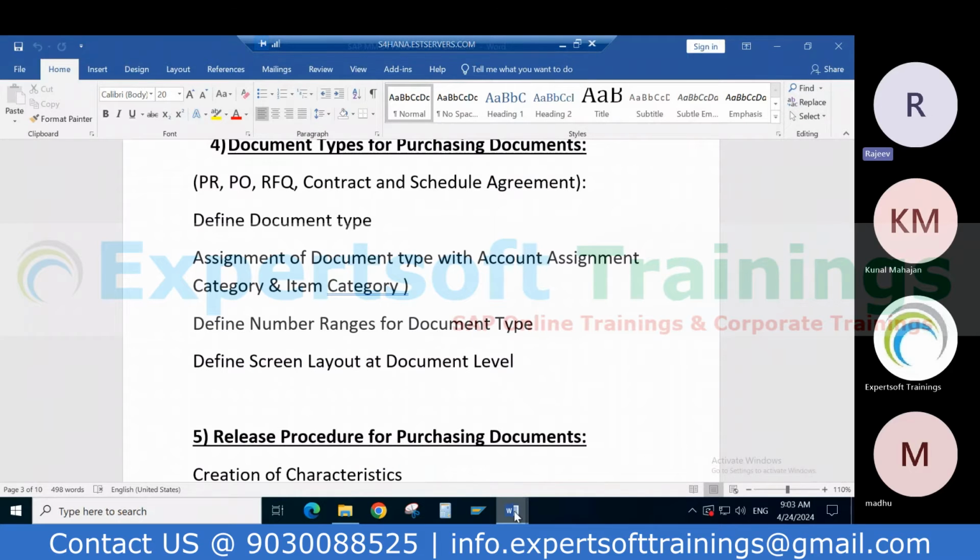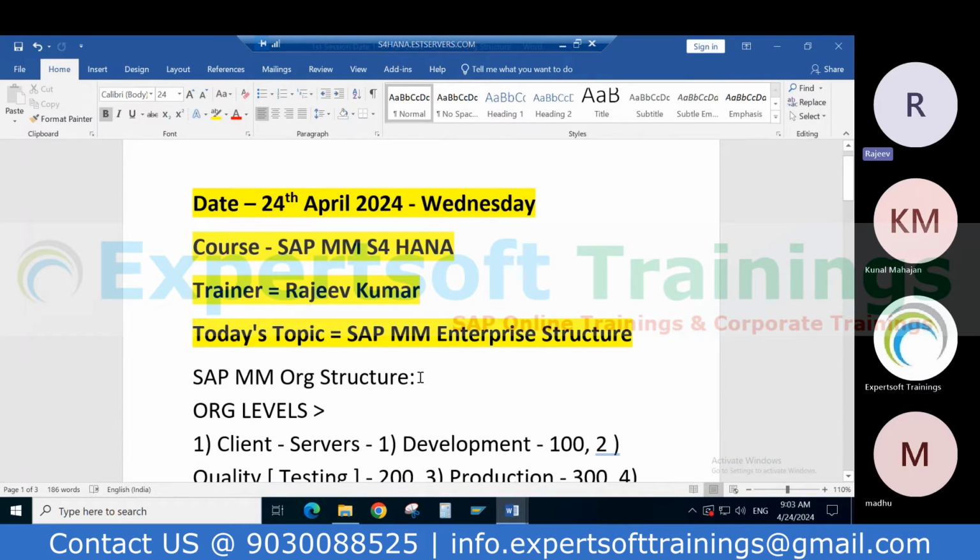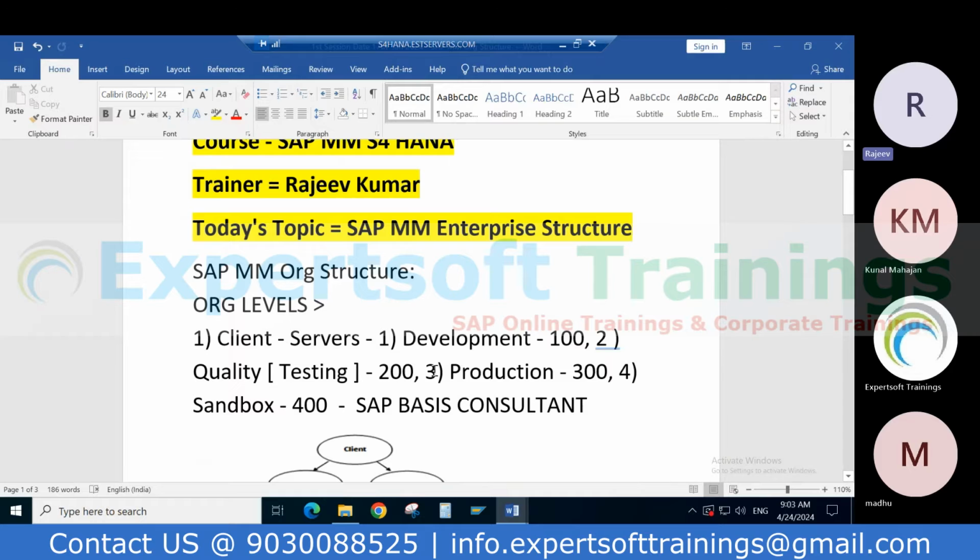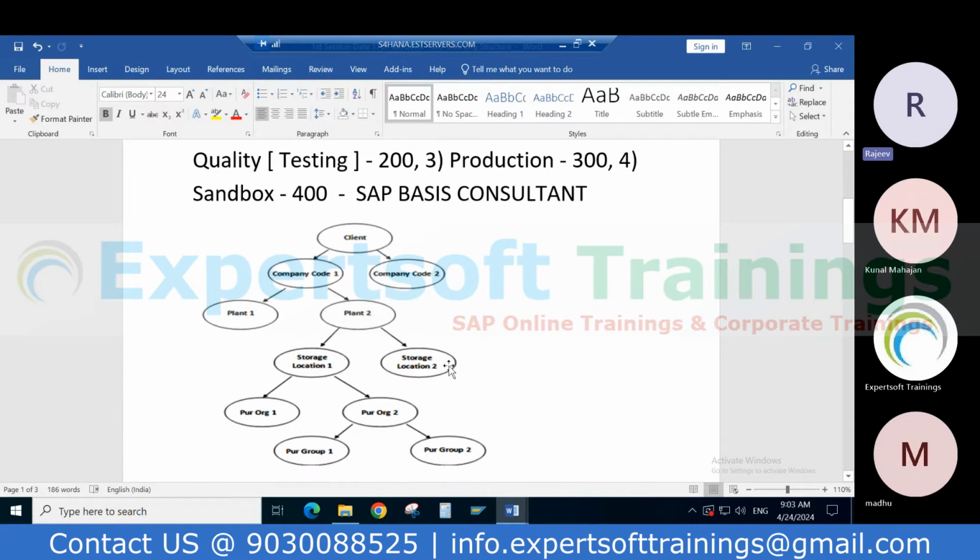Let us quickly jump onto this Word document, which talks about the SAP MM organization structure. The SAP MM organization structure looks like this. There is a client on the top. There are company codes. Under company codes, there are plants. Under plants, there are storage locations. Under storage location, there are purchasing organizations.